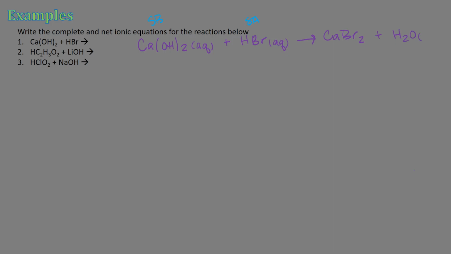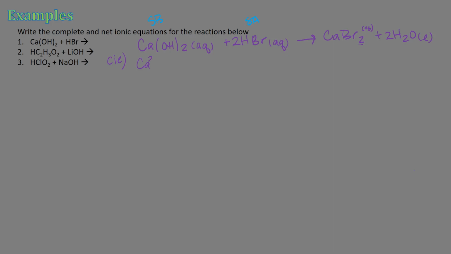And I'm going to go ahead and balance this. This is aqueous. So I have 2 of these because of this 2. And then I have 2 H's and 2 OH's, so that's going to make 2 waters. All right, and if I wanted to write the complete ionic equation for this,